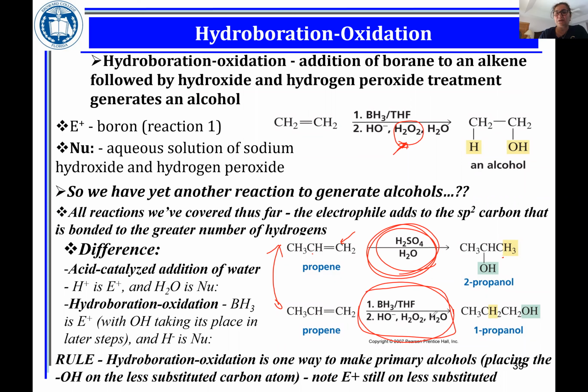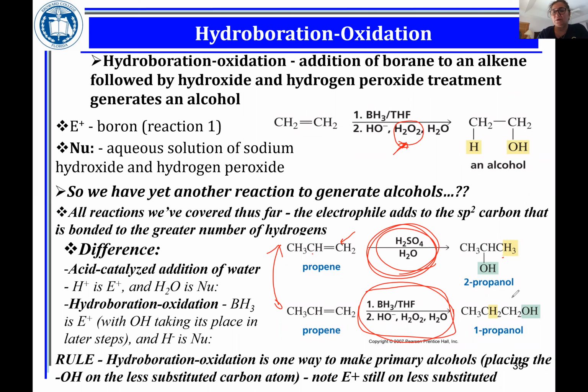You have to learn this as the indirect method of hydration. Hydration means you're adding H and OH, but indirectly. Why do you have to do it indirectly? Because you don't want carbocation rearrangement. And with this specific reagent, you want to make sure it is anti-Markovnikov because you want to make a primary